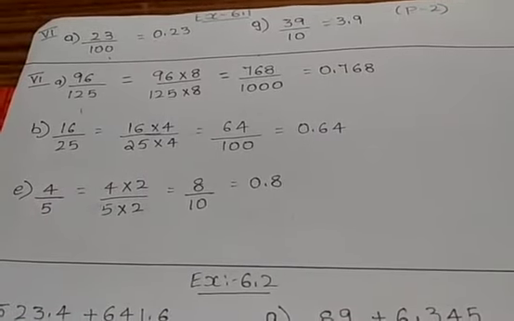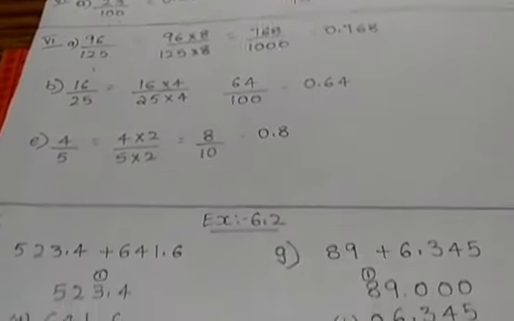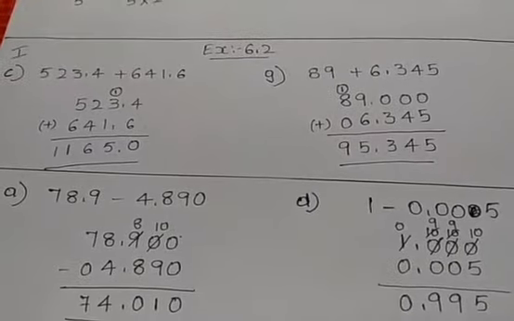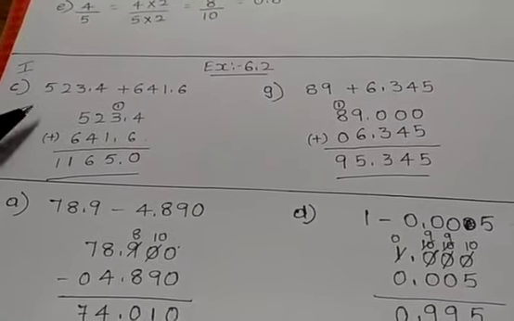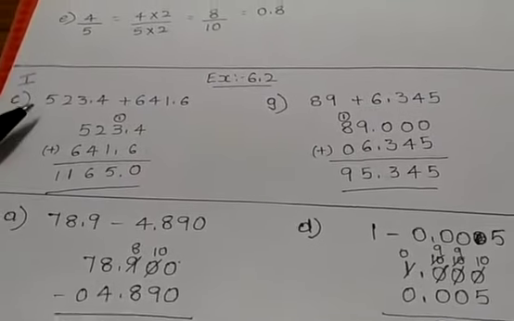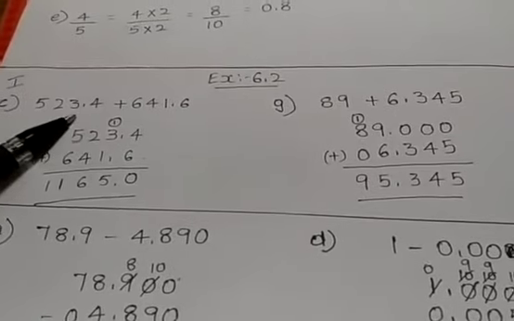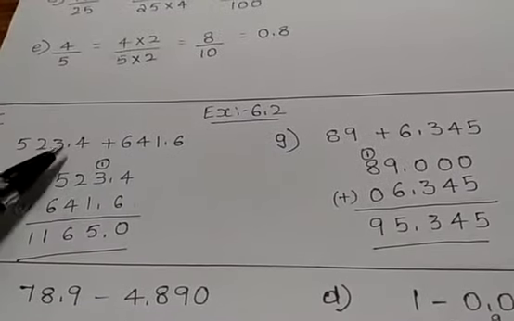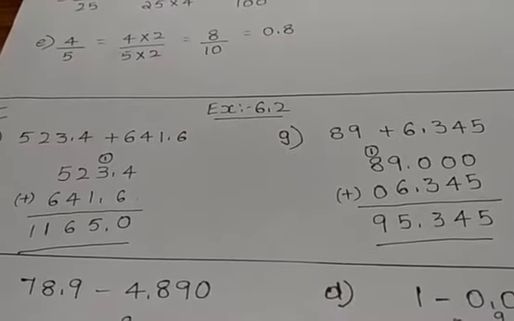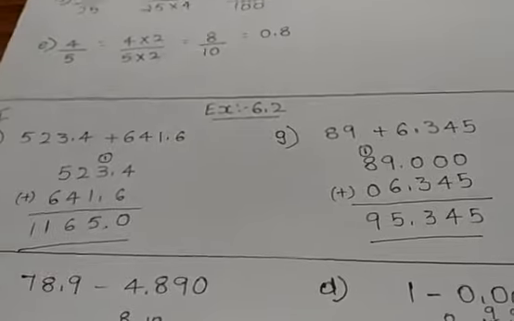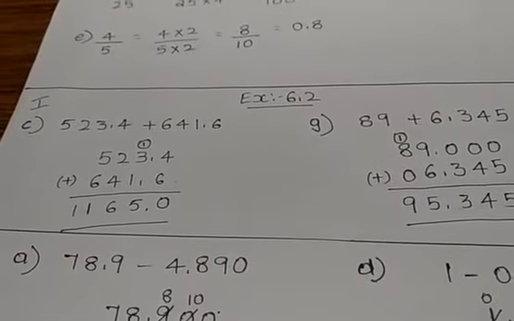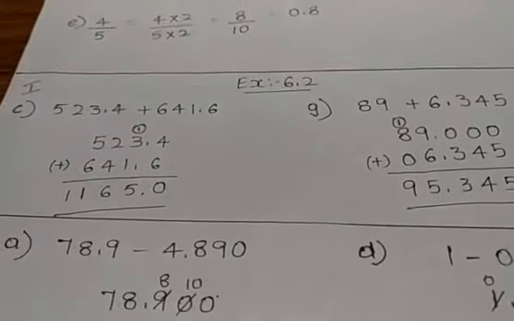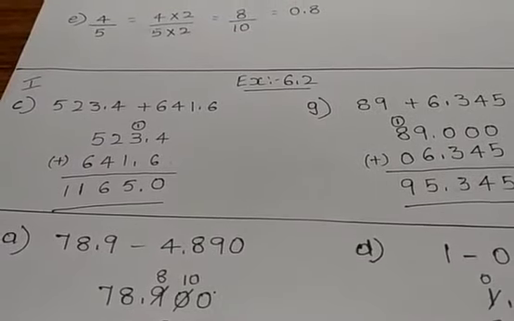Next we will go to the second main, exercise 6.2. Add the following. This is very easy. First one you can do by yourself. I have taken the third one, that is 523.6 plus 523.4 plus 641.6. Here, to add decimals, if the decimals are unlike, then we need to convert them into like